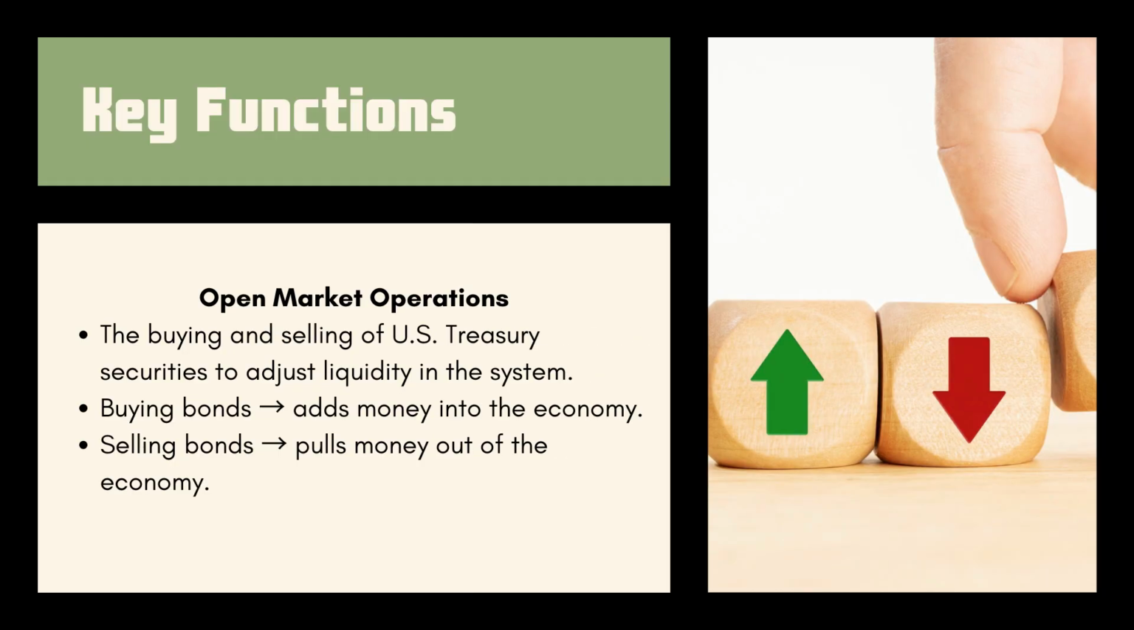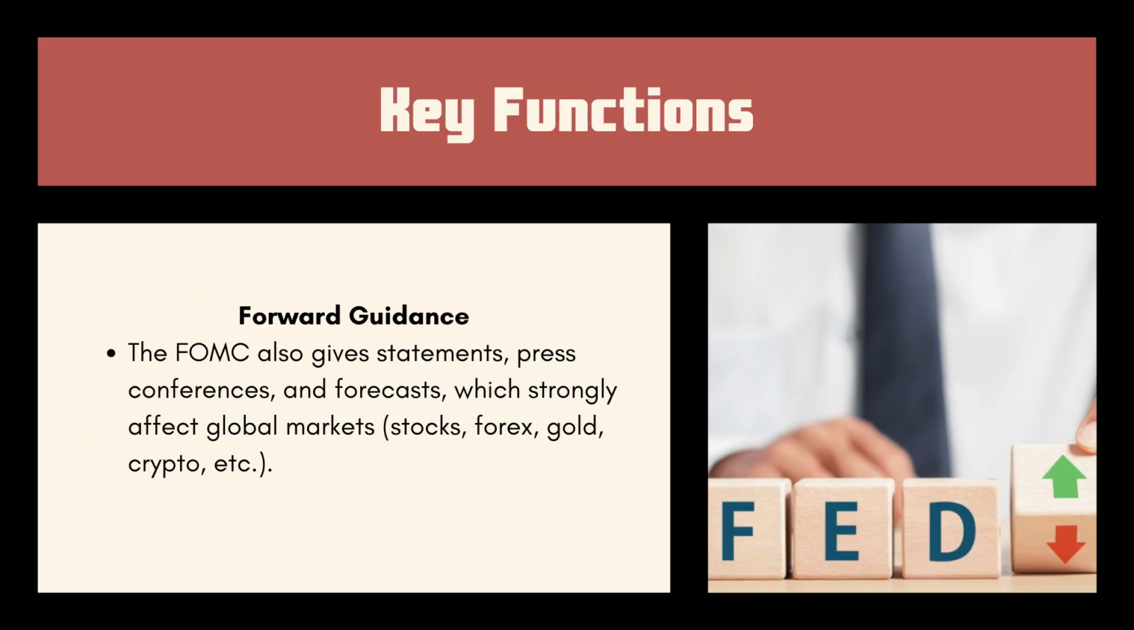Open market operations. The buying and selling of U.S. Treasury securities to adjust liquidity in the system. Buying bonds adds money into the economy. Selling bonds pulls money out of the economy. Forward guidance. The FOMC also gives statements, press conferences, and forecasts, which strongly affect global markets, stocks, Forex, gold, crypto,